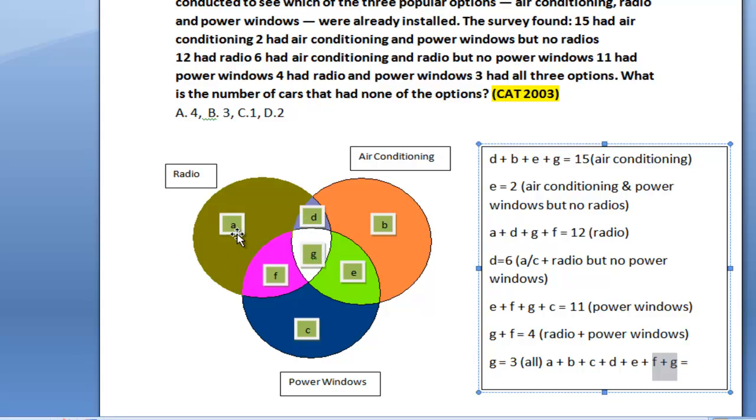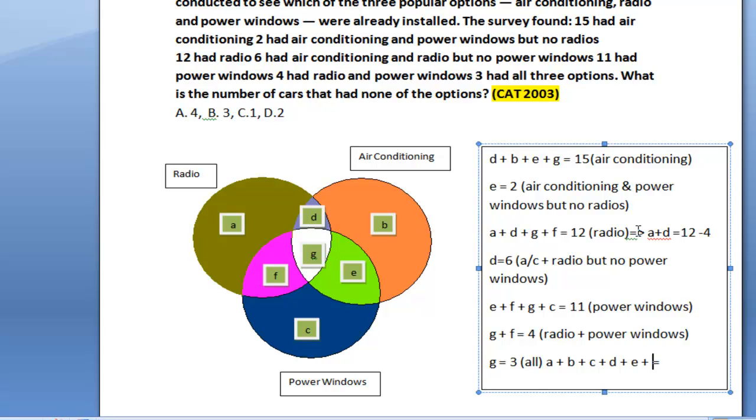because from this equation, I have A plus D plus G plus F is 12. So I can find out A plus D should be equal to A plus D plus F plus G minus that of F plus G. So let me write this down for you. I have to find out A plus D, that should be equal to 12 minus the value of F plus G, which is 4. So I can find out the value of A plus D, and the remaining portion is already here. And if you see this, I can just substitute instead of F plus G as